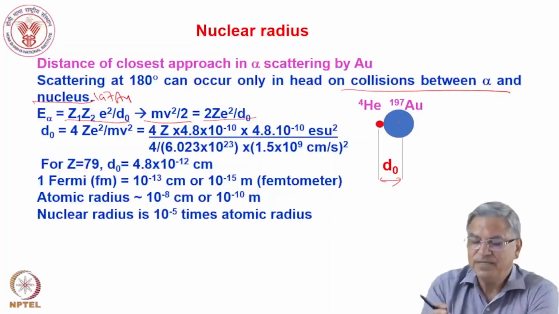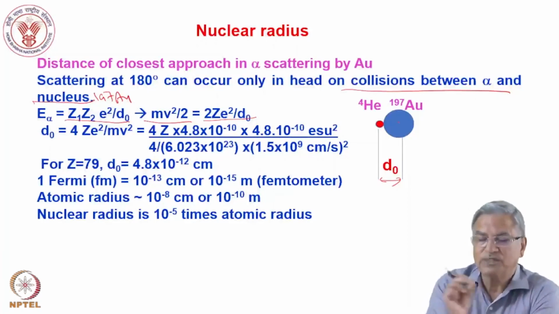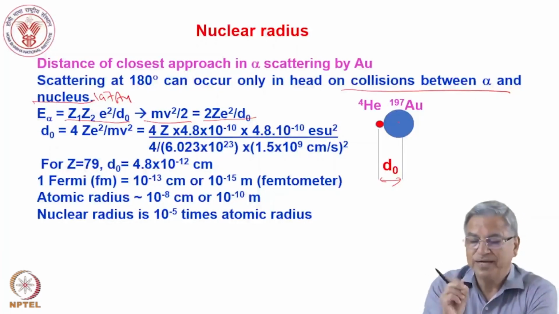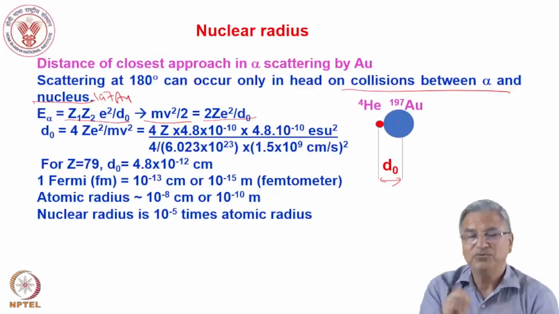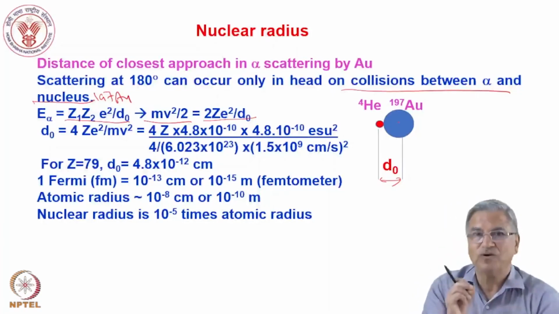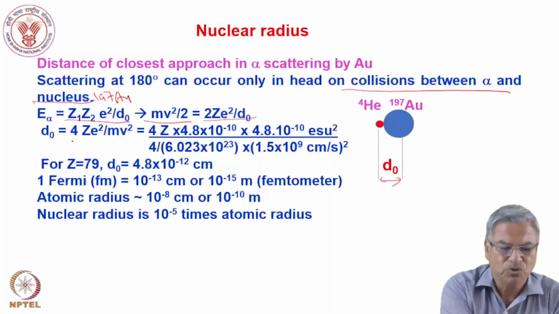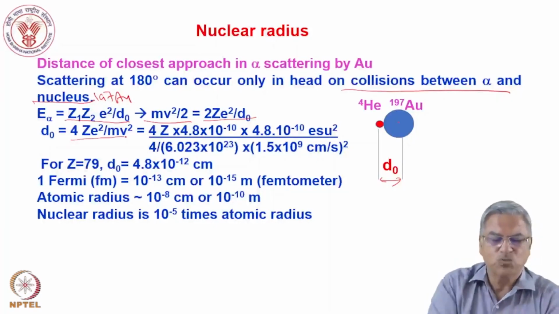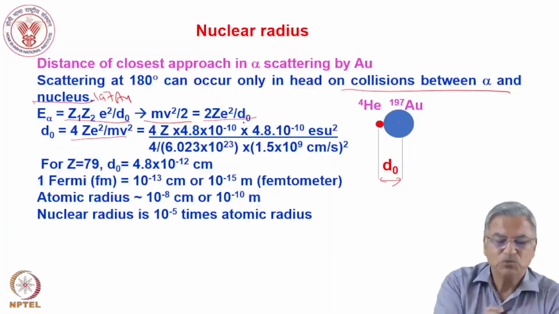What is d? d is the distance of closest approach, the center to center distance. And if you neglect the radius of the alpha particle with respect to the gold nucleus, then you can say d is the radius of gold-197. So that is how he found out that d0 equal to 4Ze square by mv square from this formula. And we substitute the value of Z equal to 79,